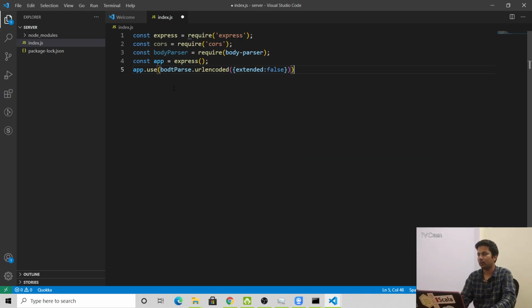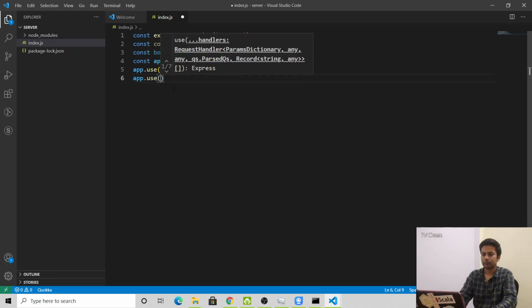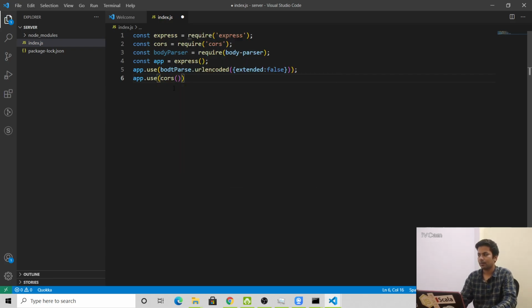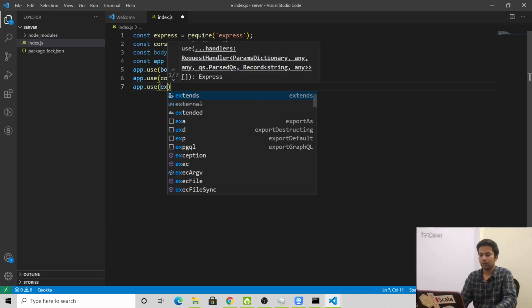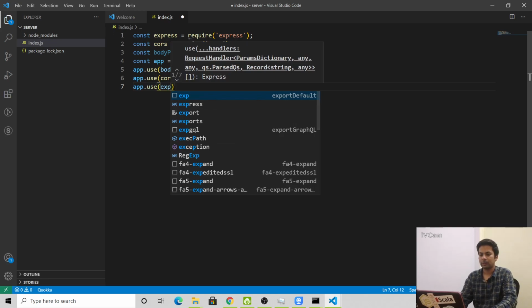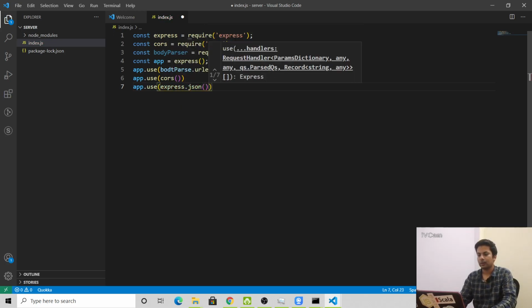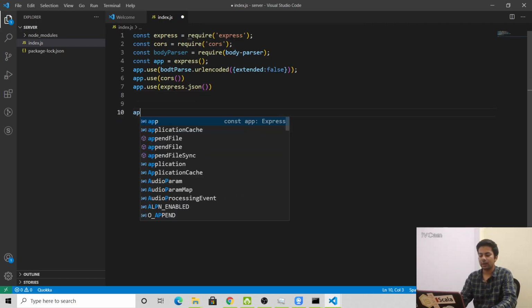These things you have to write. Then we'll do app.use cors, app.use express.json. And now the main thing, app.get.